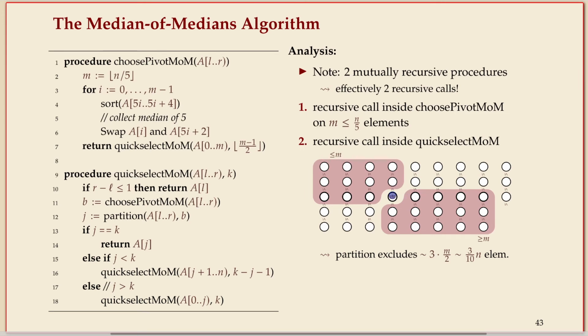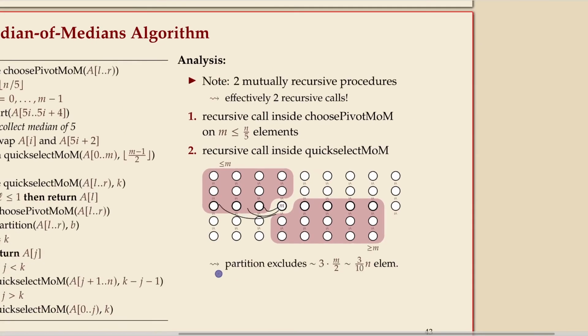We know that all the elements above the median in the 5 are smaller than the black one, the middle one, because they're sorted. So in each column, the 2 topmost are smaller than the middle one. We also know that these are all smaller than this median because that's the median. So if we arrange them in sorted order of these middle elements, then